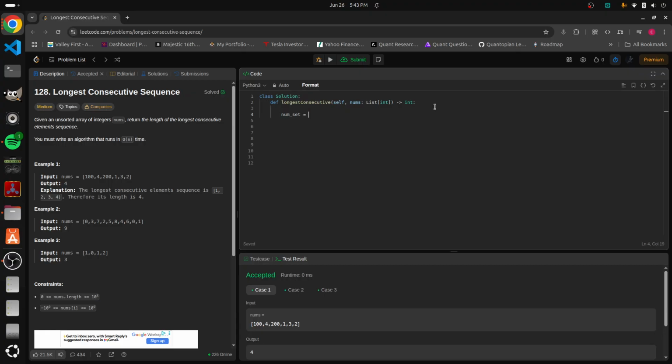num set equals set nums, streak equals 0, for num in nums. If num -1 not in num set, then we're going to set the length equal to 1. While num plus length in num set,